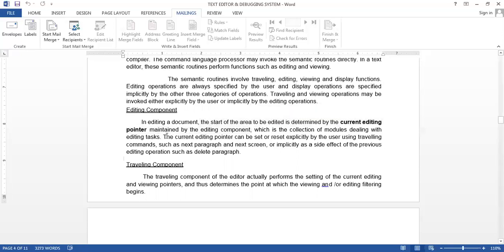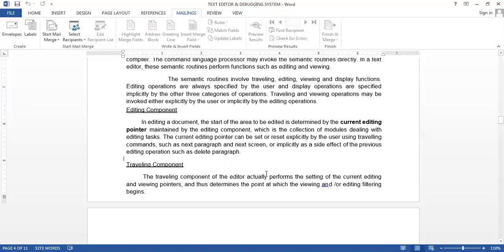The current editing pointer can be set or reset by the user while traveling. Like we can change the editing part, we can later on reset, we can select another text that we want to edit. Then the traveling component of the editor actually performs the setting of the current editing and viewing point. Like first we select one part, again we are traveling and we are setting another part to edit.